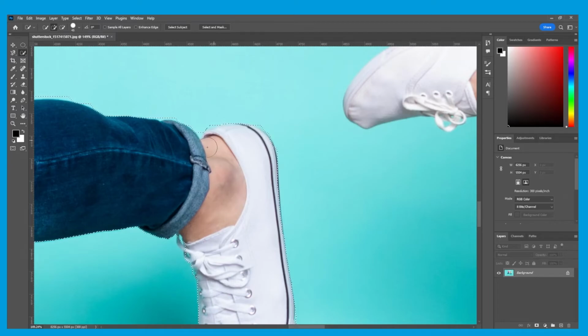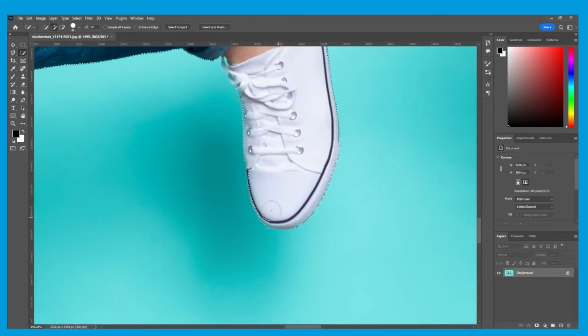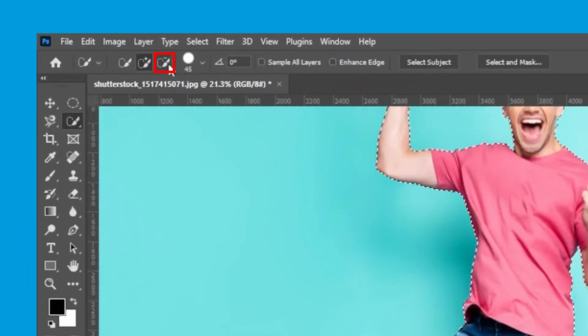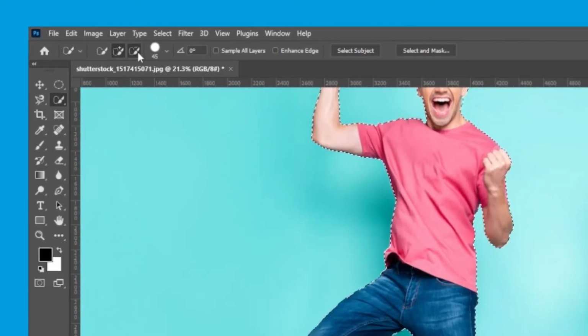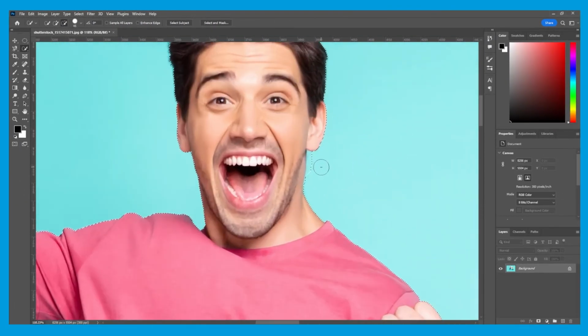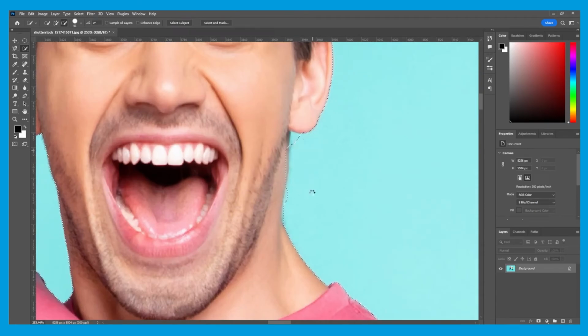And then areas where it's added a little too much, we can also use the subtract from selection tool, so the minus at the top here, and we can remove areas where it's added extra like this to refine it a little bit more.